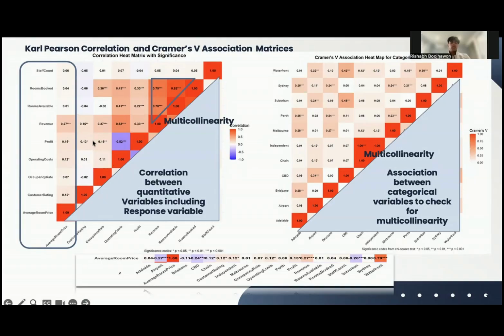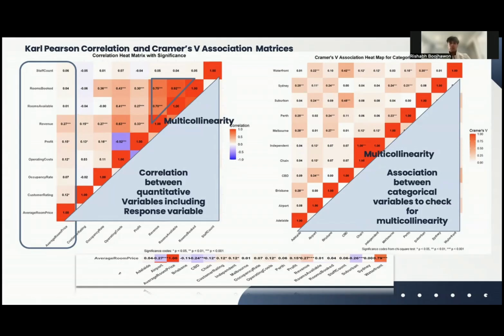This has indeed revealed very high correlation between variables like rooms booked and rooms available, as well as perfect association between independent and chain categories. In fact, these may have serious implications such as multicollinearity